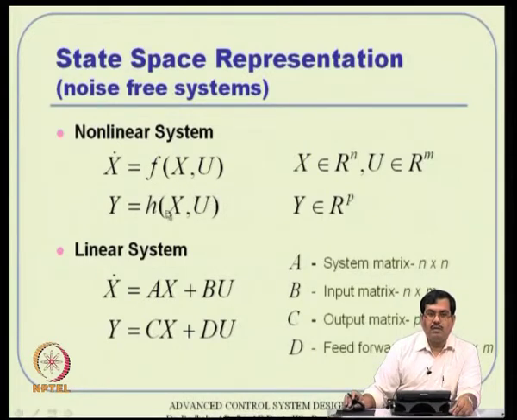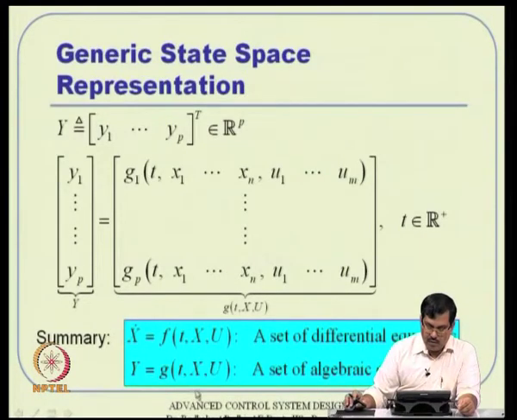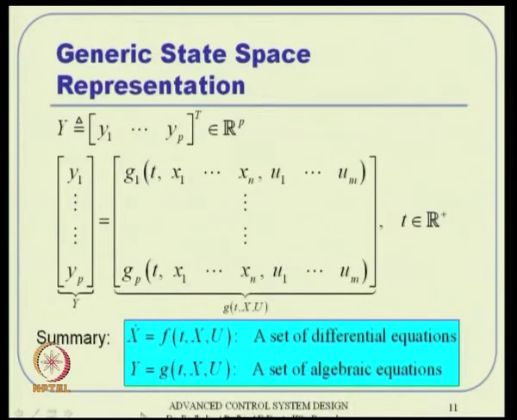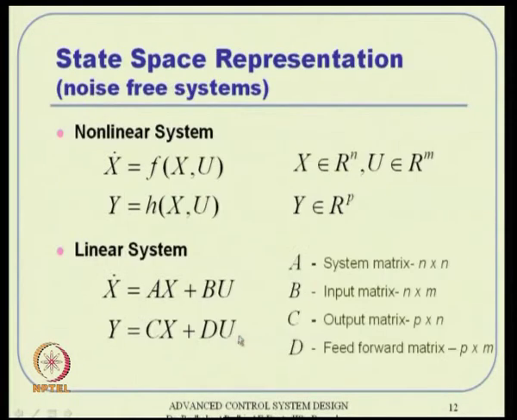So, as far as control design is concerned, we will invariably take a noise free system throughout and see what we can do. For a nonlinear system, that is the form that we have already discussed. Sometimes people write not g but h, whatever you see as g you can write as h, because g is reserved for some other thing. If you talk about a control affine system, then people talk about x dot equal to f of x plus g of x times u. So, g is reserved for that. That is the reason why sometimes people use h instead, to avoid that conflict.